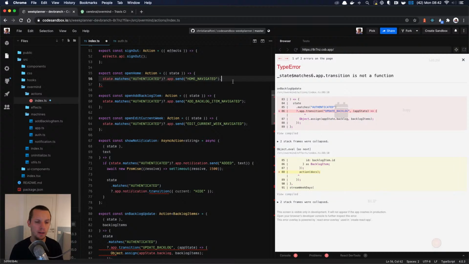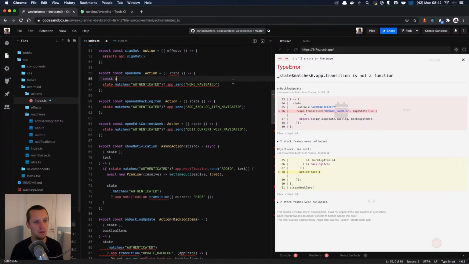Yeah, I have no idea why that typing becomes undefined. Okay, so what if I do const app state equals